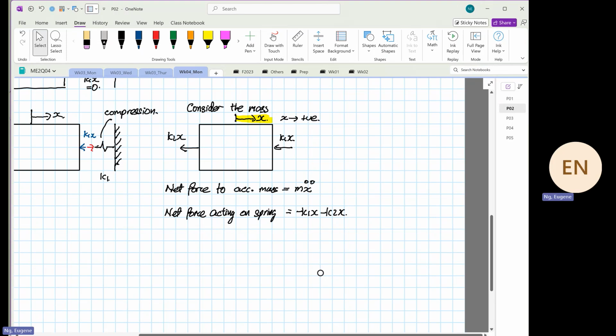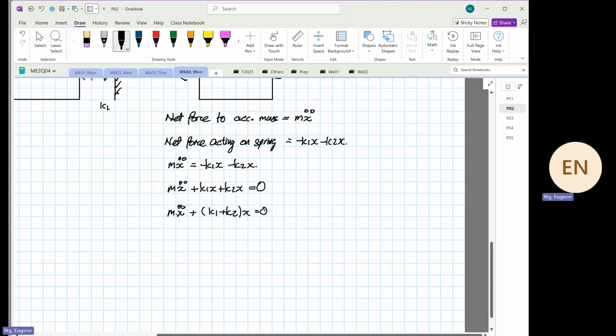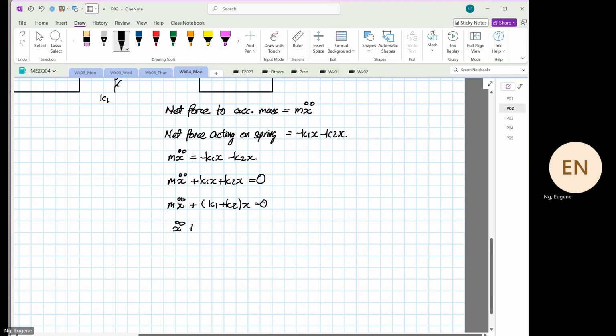So it's equal to m x double dot is equal to minus K1x plus or minus by what? So m x double dot is equal to plus by K1x plus by K2x. The whole thing is equal to 0. So finally, from here, we found out that omega n